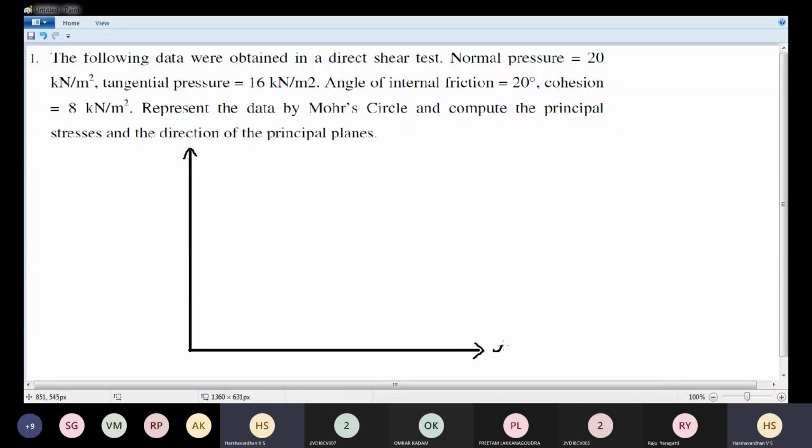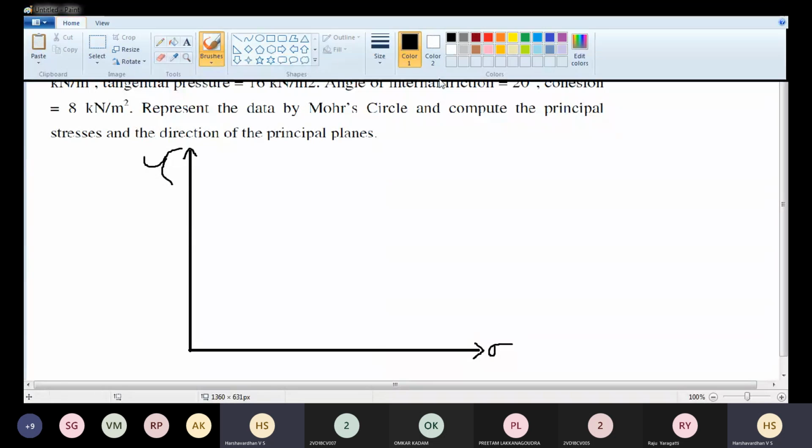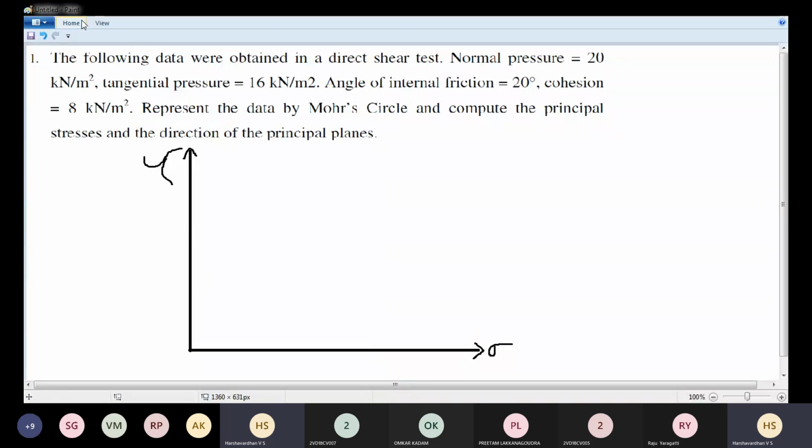I told you how to draw the Mohr envelope or strength envelope. If this is the Mohr envelope or strength envelope,